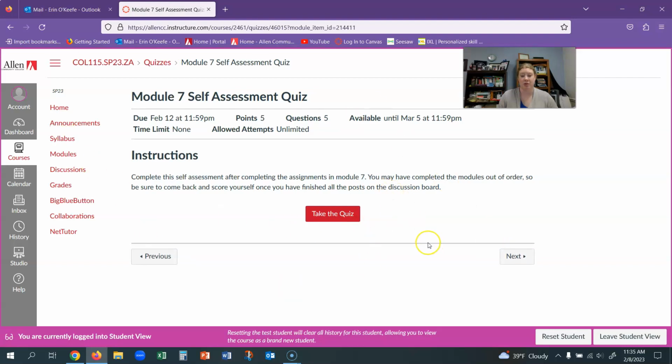And then you want to, of course, do the self-assessment quiz. The self-assessment quiz is focused a lot on the discussion board posts. So that is one of our areas of concern, areas of importance for your outcomes for the class. So that concludes all of the modules for short stories for fiction writing.